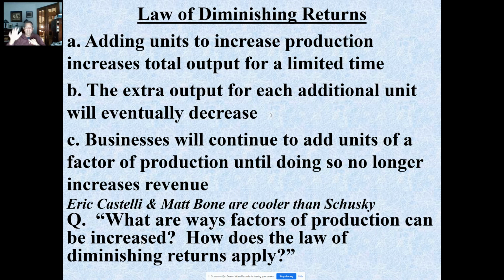Gets a little complicated, but I think it's easy if you literally just think about the physical nature of an assembly line and you want to make more trucks. Let's hire some more people, put them on that assembly line. But then, of course, you need more metal and plastic and whatever, tires and rubber and glass to make that truck, car, whatever. And after a point, if you keep adding more,